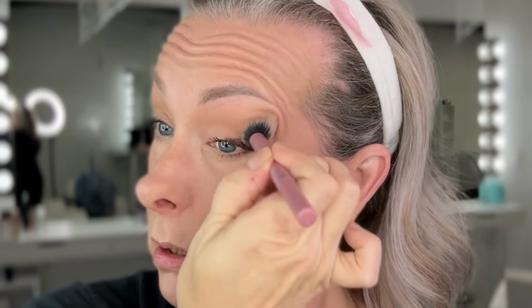Now, once you get to this point, if you look at it and you're thinking, I needed just a little bit more depth, that's okay. Take that dark brown that you used on the bottom, because sometimes you do, especially if you've got a hooded lid, you may feel like you just need a little bit more depth. Because the hooded lid, you know, the struggle is real. Always the struggle with the hooded lid. Yeah, so just taking that fat brush and adding a little bit more just makes it a little bit more